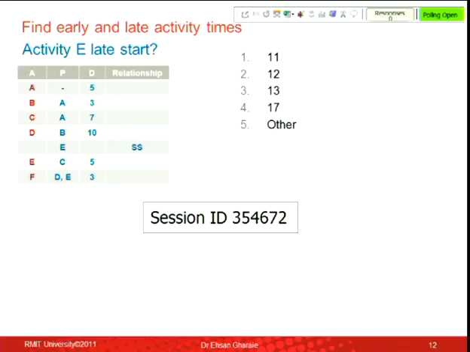Guys, sorry to interrupt you. This might be a question for many. That start-to-start relationship. Guys, pay attention for a second, please. The start-to-start relationship there is between D and E. So there is a finish-to-start relationship between B, which I haven't written. And there is a start-to-start relationship between D and E.